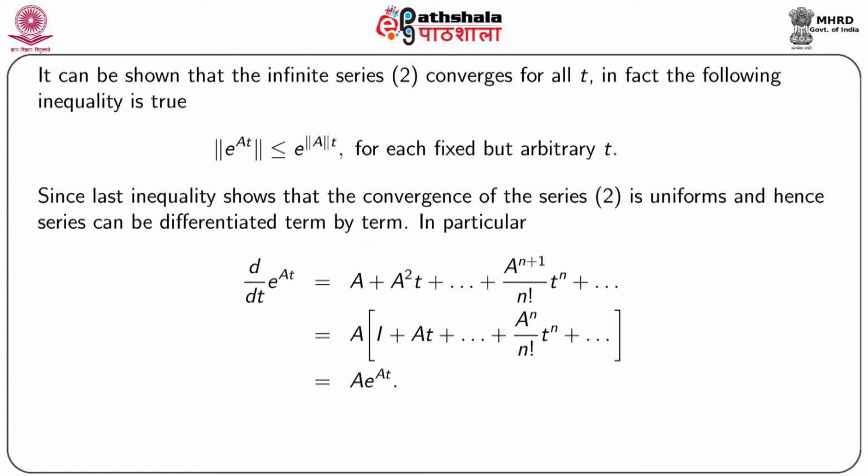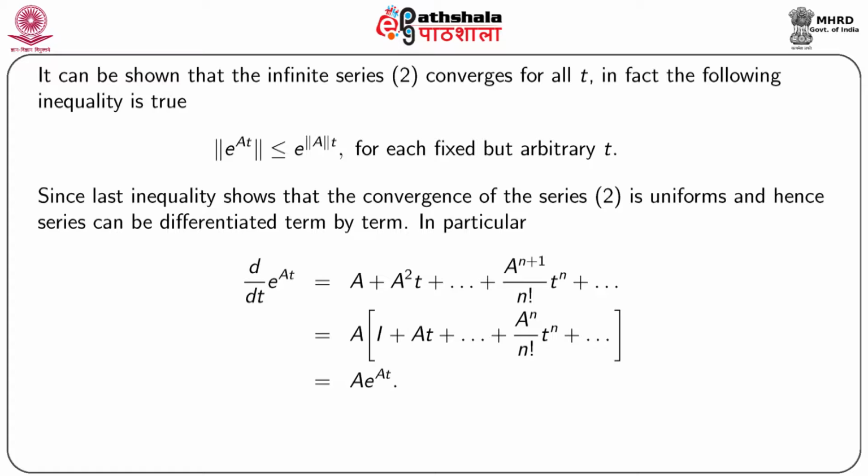It can be shown that the infinite series 2, which is actually the expansion of e to the power At, converges for all t. In fact, the following inequality is true: the norm of e to the power At is less than or equal to e to the power norm A times t, for each fixed but arbitrary t. Since the last inequality shows that the convergence of the series 2 is uniform, the series can be differentiated term